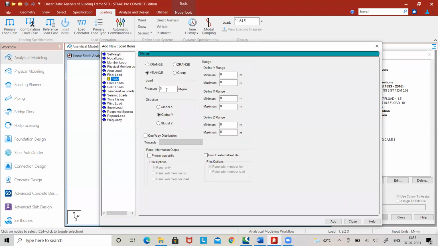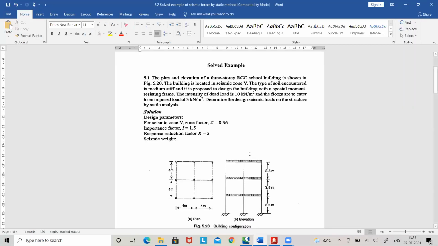Also, in this example, if you see, it is only subjected to earthquake load. And in the earthquake load, since the method is the linear static method, some portion of the live load we have considered and the entire portion of dead load we have considered. But in actual, the building will not be subjected to only earthquake load. There will be some dead load, there will be some live load also acting in the vertical direction, y direction. Here, it will be generated in the lateral direction, x direction.